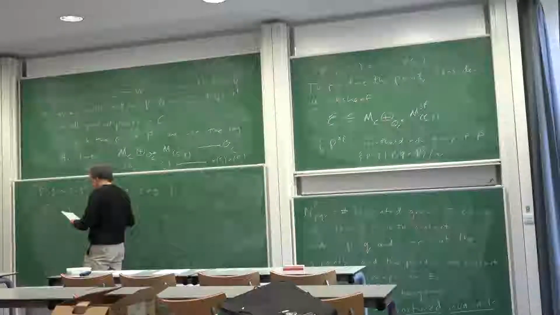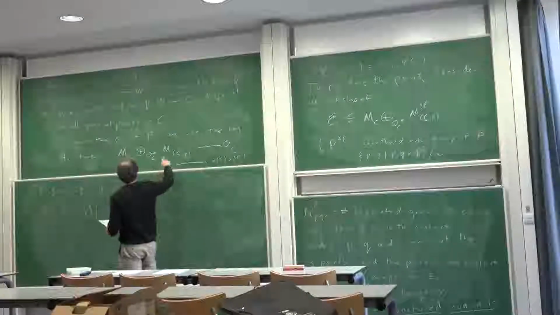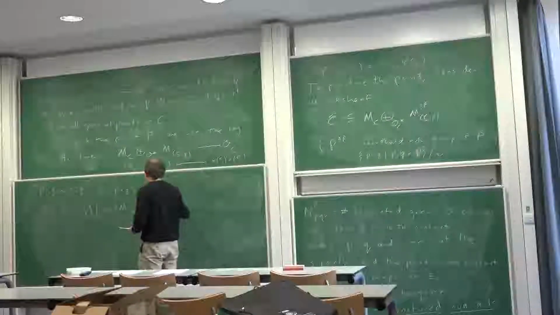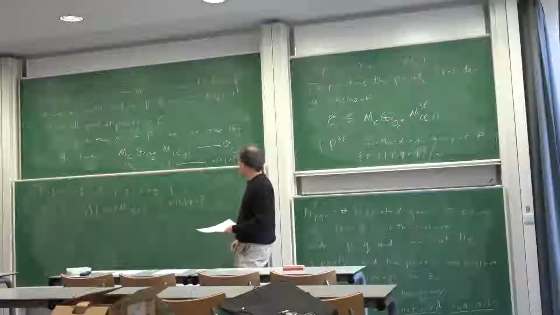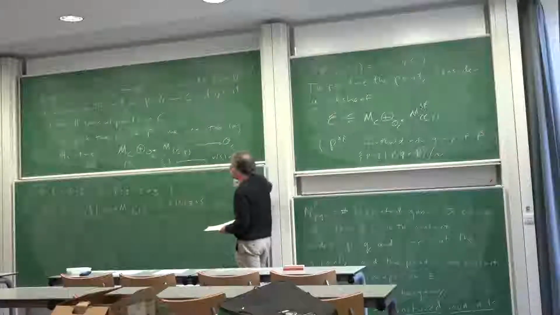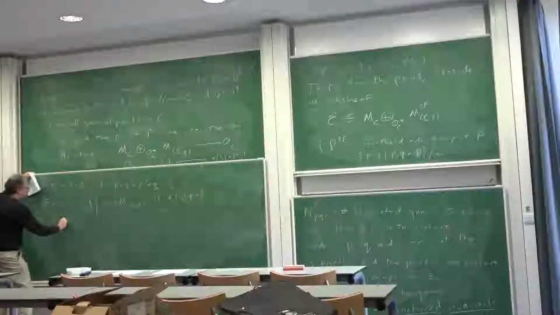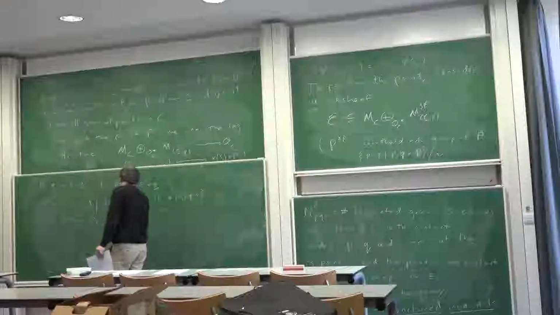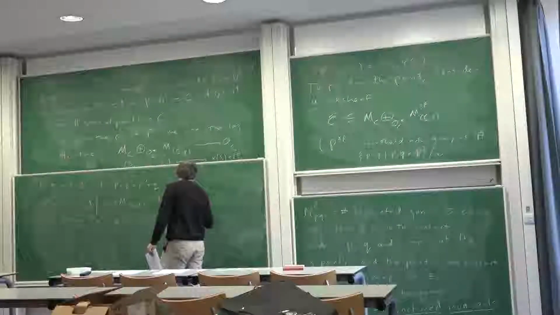And the condition is that S2 should lie in the actual sheaf here, not the group, if alpha of S1 is not 0. The point is you can then define a structure map from E to OC by alpha of S1, S2 is equal to, well, alpha of S1 times alpha of S2